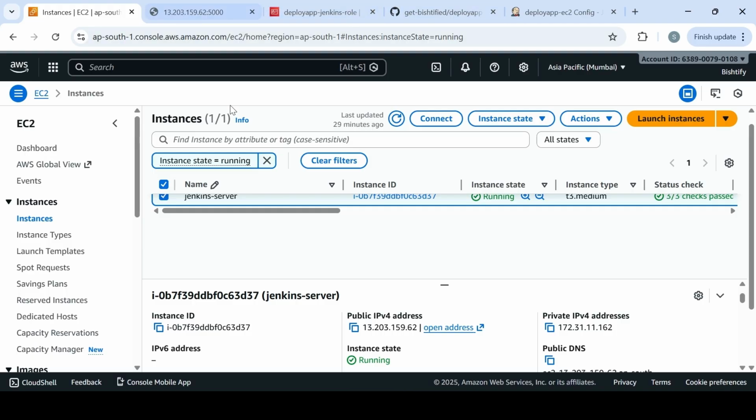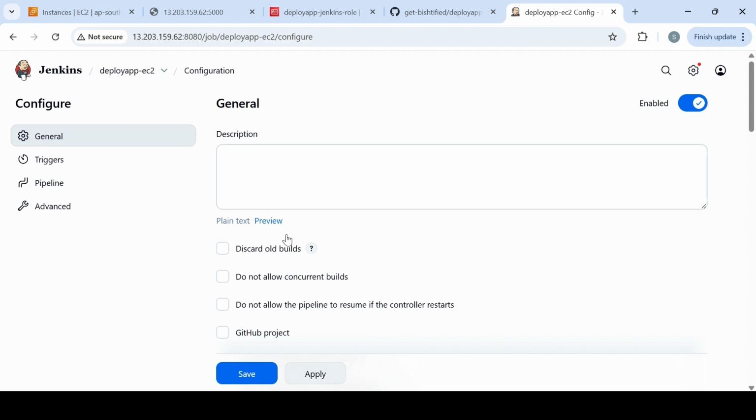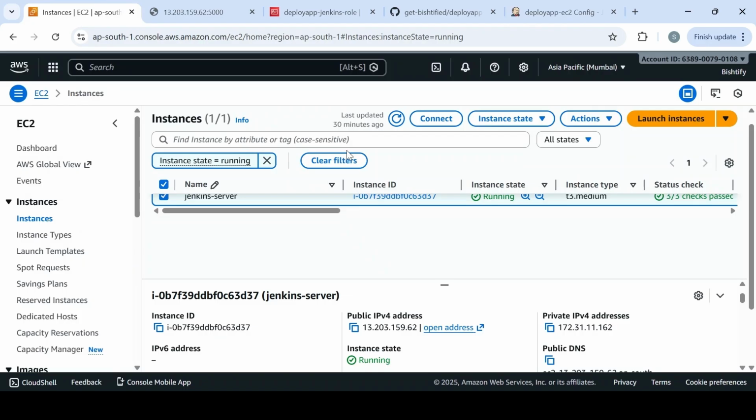The reason I am showing this to you is because when you configure this and hit build, it will start executing the things, and the first execution would be to launch EC2 machine. But how will Jenkins do the stuff if it doesn't have the access to the AWS account for